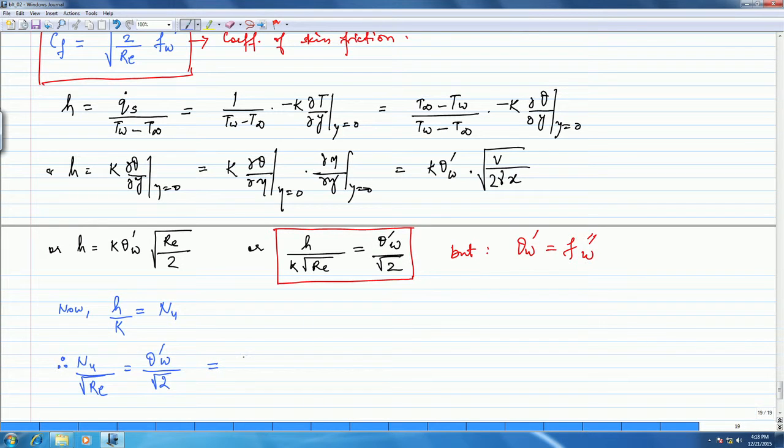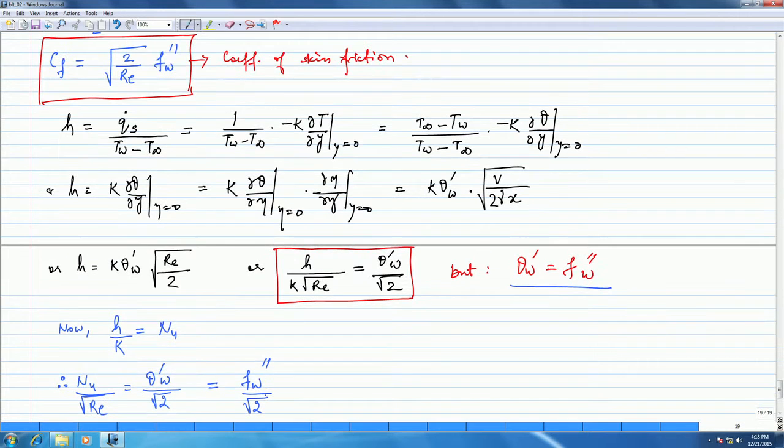This is again equal to F wall double dash, because theta dash of the wall is equal to F double dash by root 2, which again, if you go back and look at the coefficient of friction, which we wrote in terms of F dash. So from there, F double dash by root 2 should be equal to